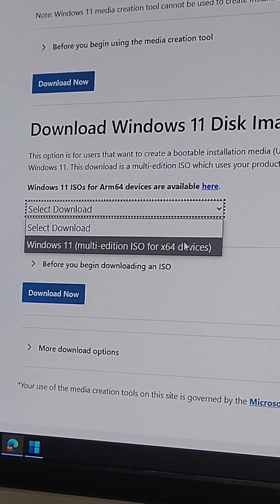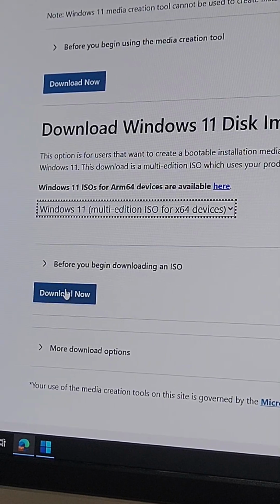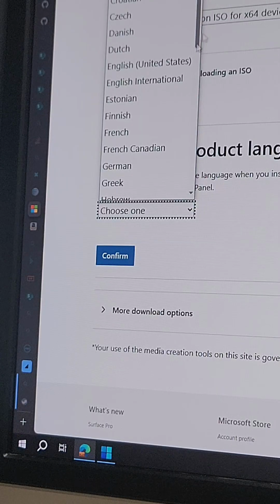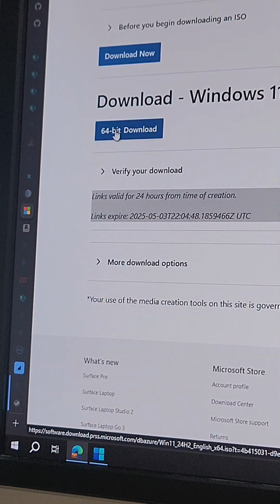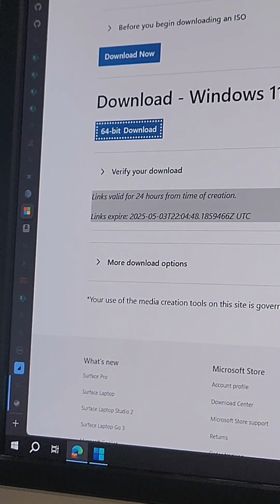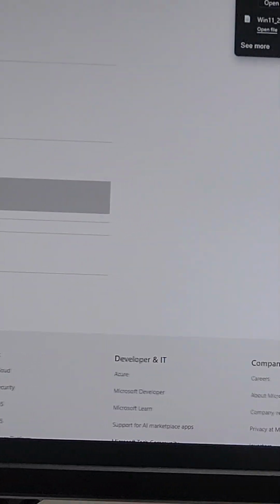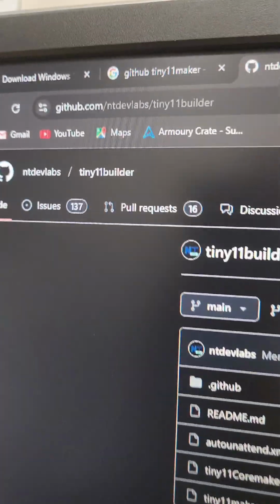Select your download Windows 11 multi-edition. Download now. Select the language you want. I'm going to go with English United States. That gives you a download link that works for 24 hours. Go ahead and click that and save it somewhere where you're going to remember. Once you're done with that, you're going to go to